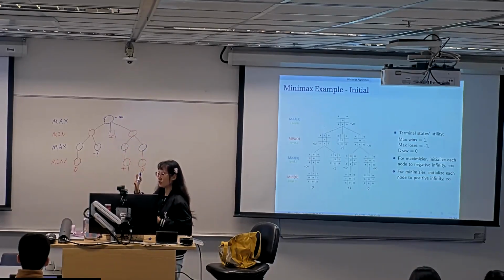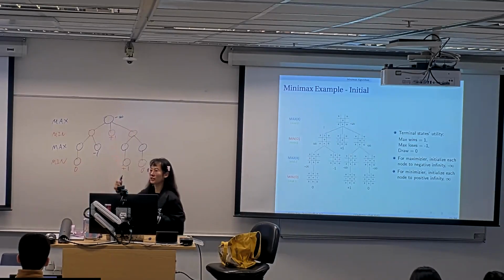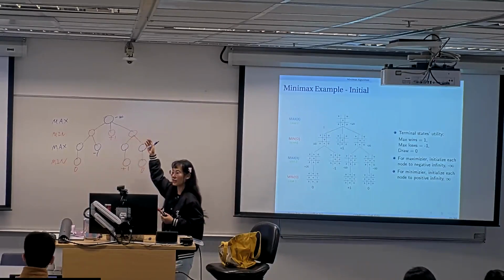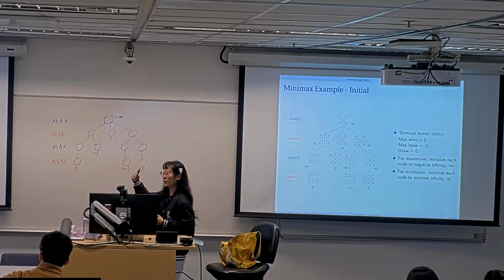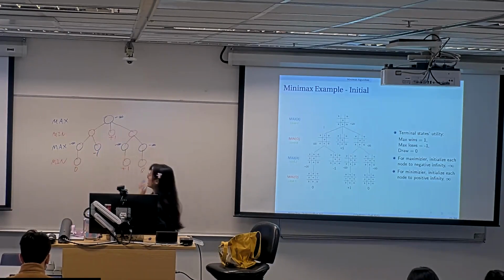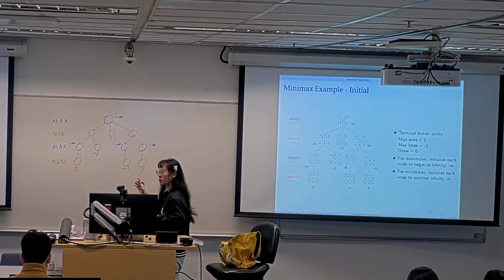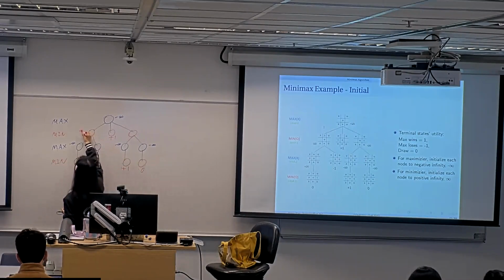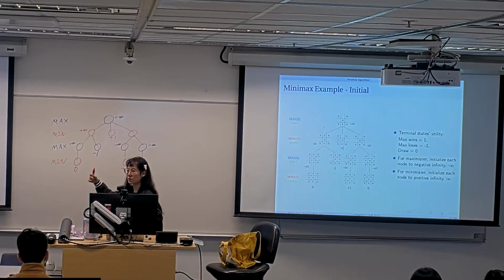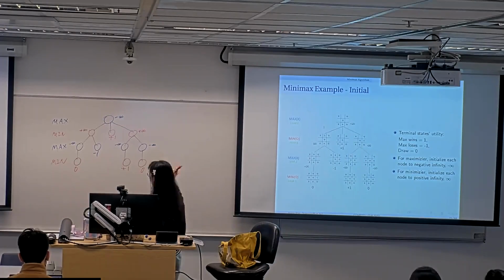-infinity value, right? Because later on, the max node needs to select the maximum from its children. So at the beginning, just initialize it as -infinity. Later on, when it meets some larger value, it can get updated. So for all these max nodes, we initialize them as -infinity. Then correspondingly, for the min nodes, of course, we should initialize them to +infinity. Because for the min node, whenever later on it sees some smaller value, it will just get updated. So for the min node, initialize to +infinity. All right,